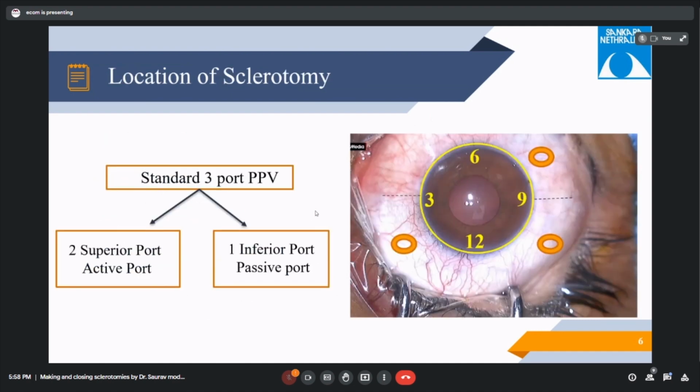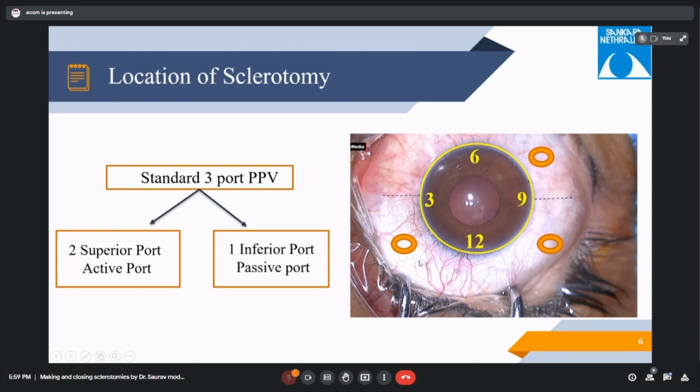So in standard three-port pars plana vitrectomy, we have two superior ports and one inferior port. The superior ports are the active ports through which the actual manipulation is done, and the inferior port is the passive port. Usually, it occupies the infusion cannula. So why is this arrangement made? Why two superior, one inferior? Because it allows good maneuvering during the surgery,